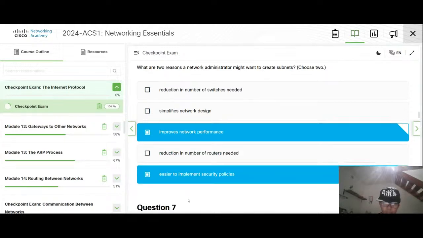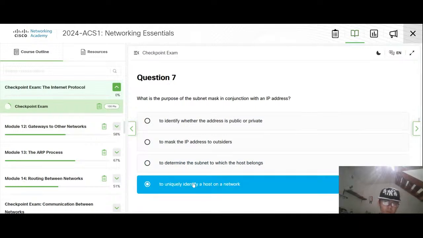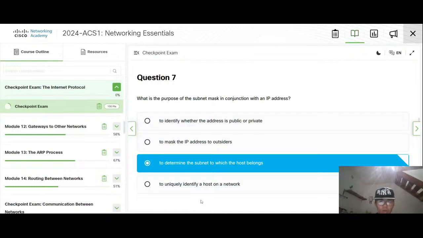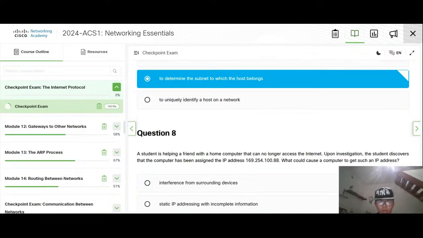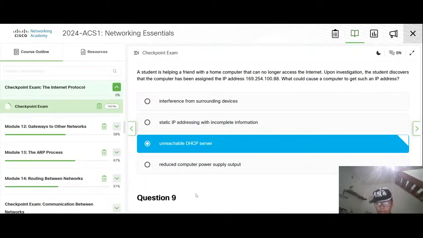Easier to implement security policies. Or is an unreachable DHCP server. It is loopback, which is not really reaching the DHCP server.